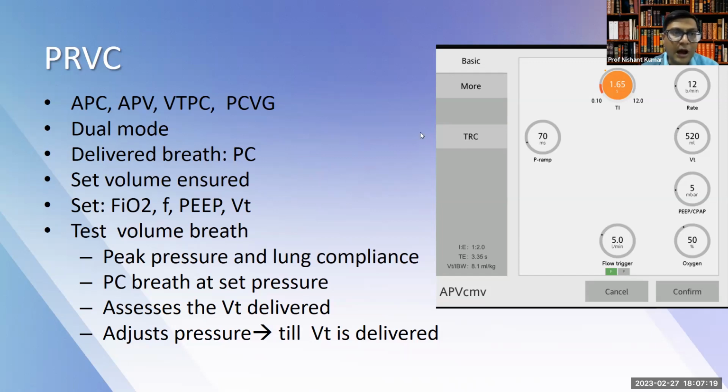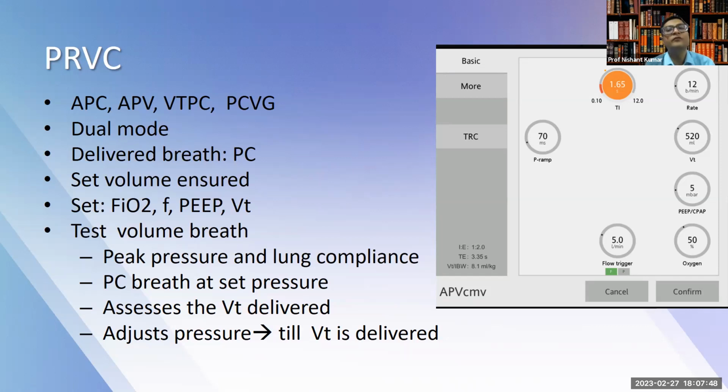How? The advantage is that although the breath that is delivered is pressure controlled, that means a peak inspiratory pressure is delivered, the volume is ensured. Now we know the drawback of pressure control, that is, with the changing compliance and resistance of the airways and the lungs, the volume is not ensured and the volume changes breath to breath. However, in this,